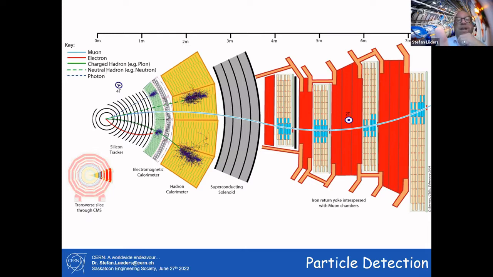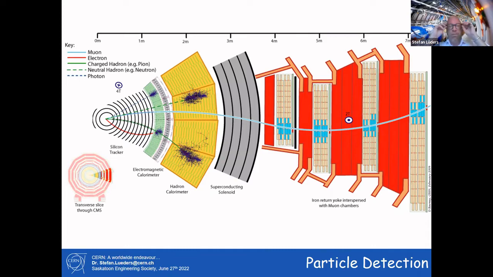Protons, heavier particles, are stopped more or less in something which we call the hadronic calorimeter. And you can see one more. The green dashed line is something neutral, like a neutron, and the green solid line is a proton. So now I can tell you where the particles come from, which charge they have, because they are bent left or right, which speed they have, which type they are, and how much energy they had, because the energy deposition is more or less integrated over the calorimeter, and I can read this out.